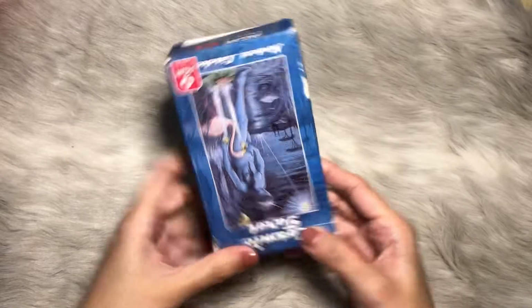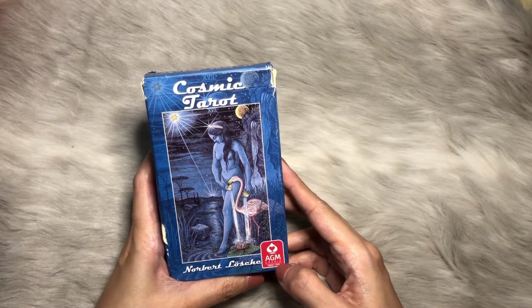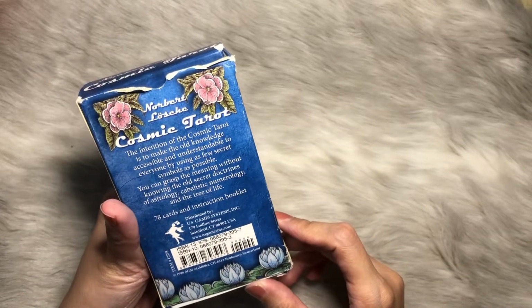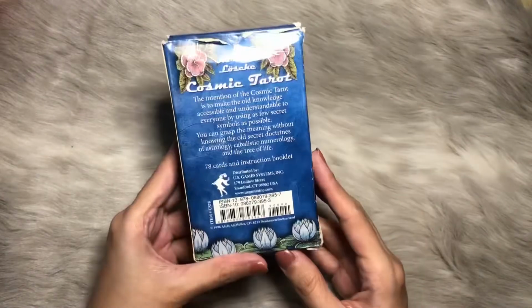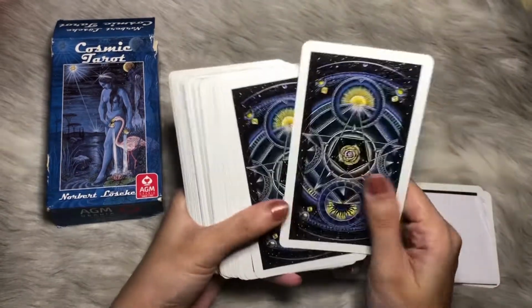Next up, we have the Cosmic Tarot by Norbert Losch. Am I pronouncing the name correctly? Losch. Okay, so this is a US Games deck. As you can see, this is pretty well loved. Look at that. The backing is gorgeous. I like it. It's so